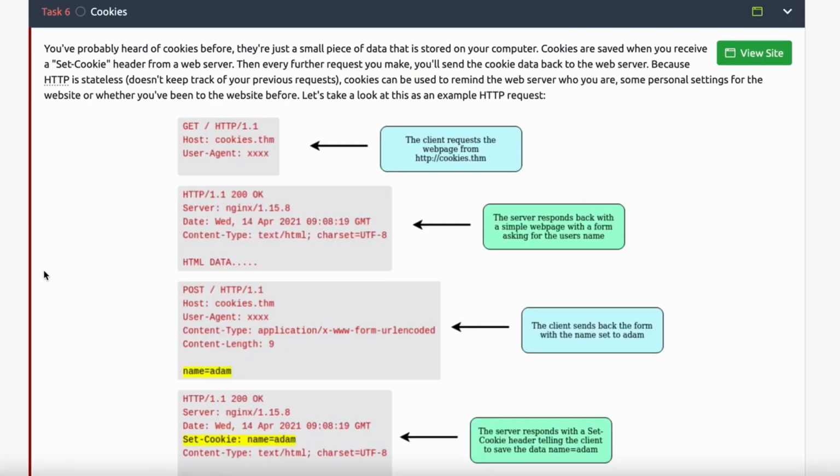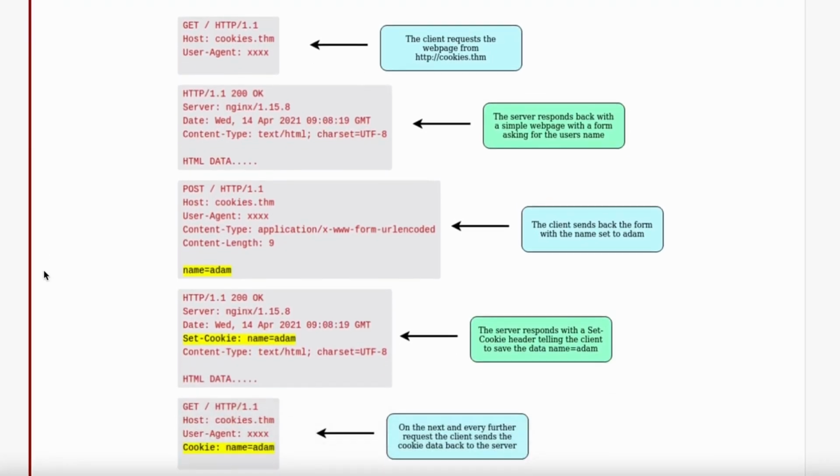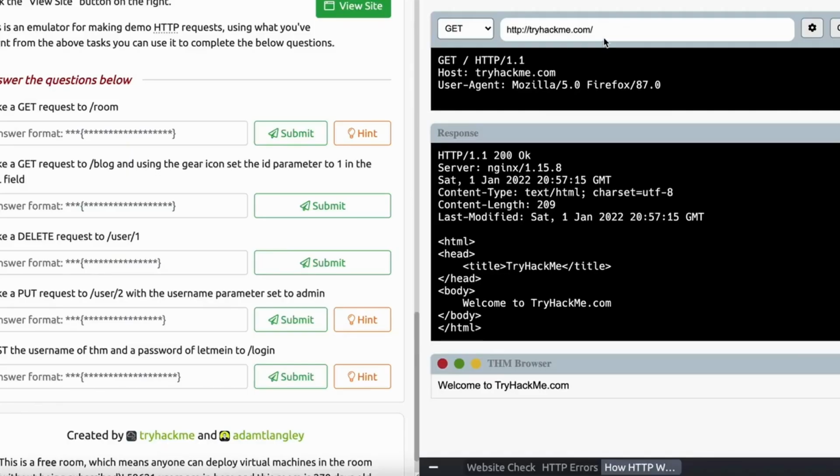Why does this matter? Because attackers might try to steal your cookies. No, not my cookies. And they will try to use that to imitate you to the web server and perform tasks as if they were you and potentially steal data. So protect your cookies with your life. If you want proof that you have cookies, check your browser. It has them somewhere.